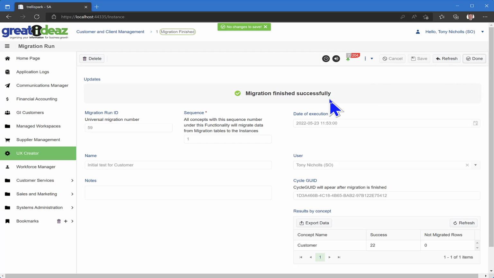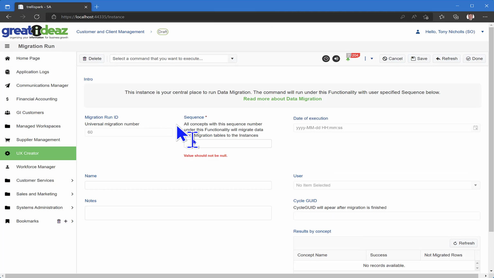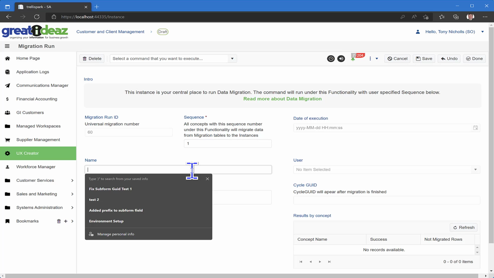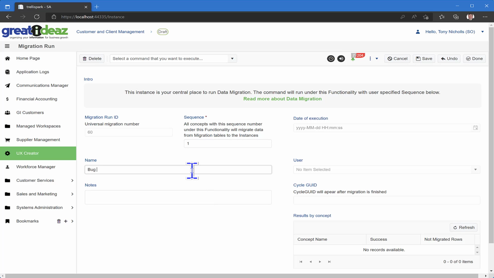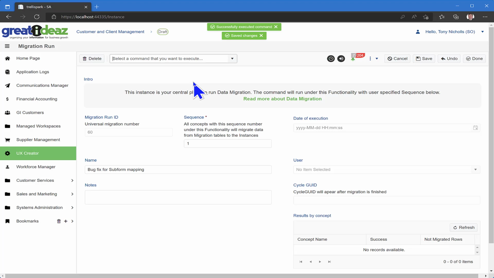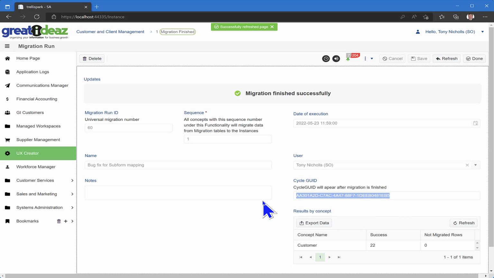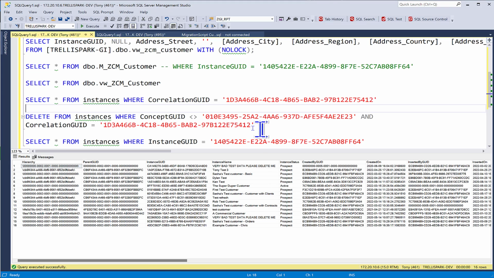So once it's done, I'm going to add a new migration run. Again, I'm executing sequence 1, berg fix for subform mapping, and we'll execute the migration again. Don't need to step through this twice. So again, I've got a new cycle GUID, and it thinks it's done 22 rows, which is good news. So let's change our correlation GUIDs here